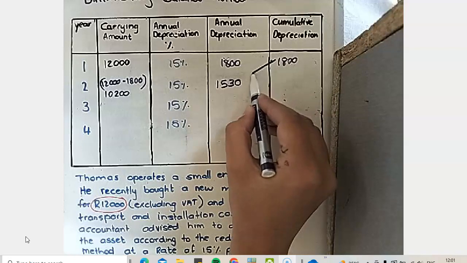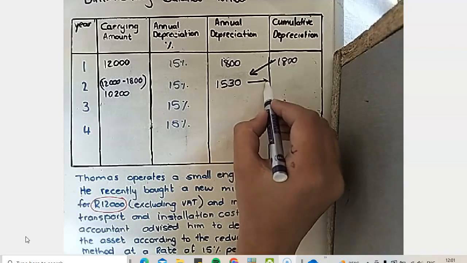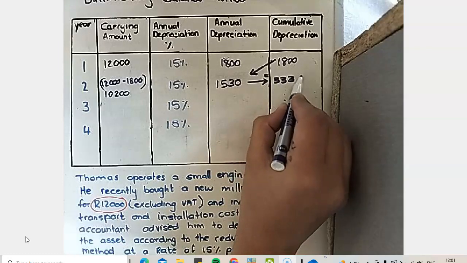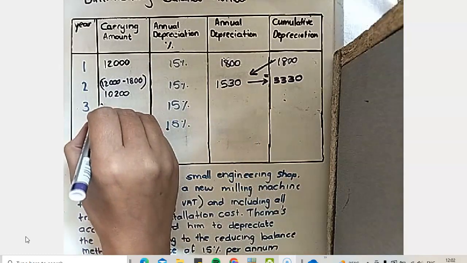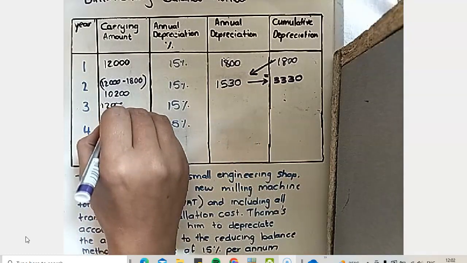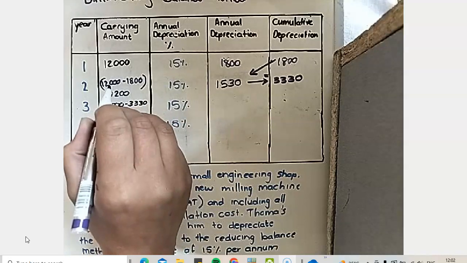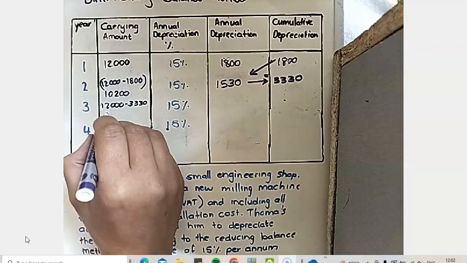Then you take 1,800 plus 1,530 to equal 3,330. Then for year 3 you take 12,000 minus 3,330 to get your new carrying value to start with in year 3 as